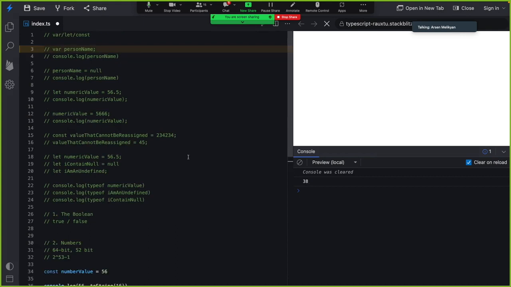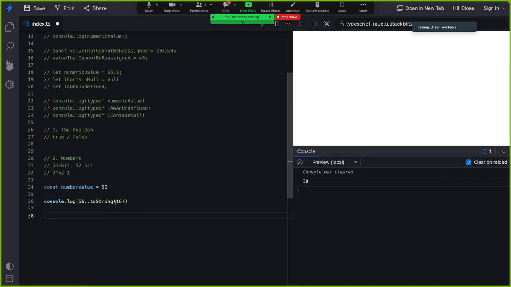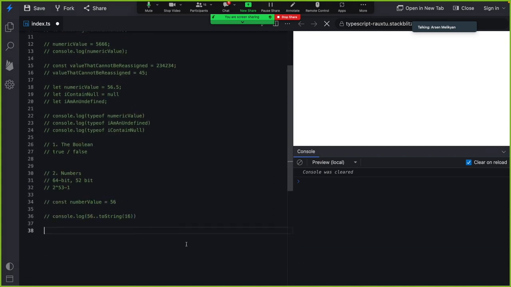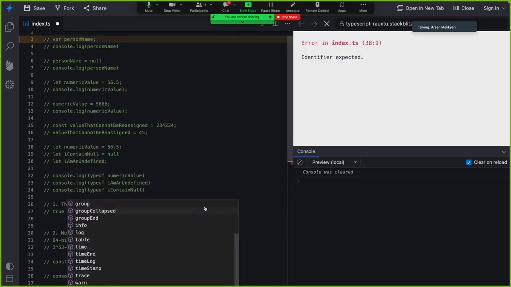So we can do some interesting stuff with numbers, but I'm going to introduce you to some mathematical operations. We also have a small standard library of some math operations. So I'm going to introduce you to that. Let's also go with